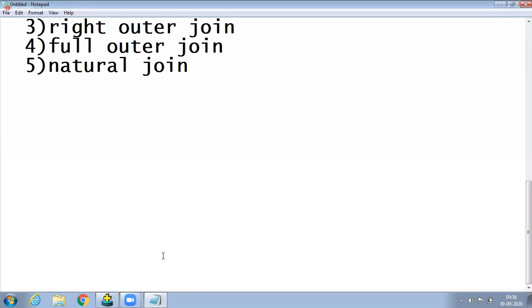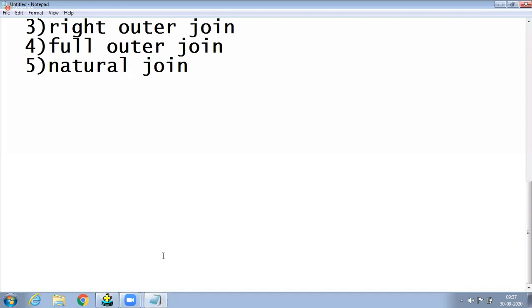Write it. In Oracle, we can also retrieve data from multiple tables without using a joining condition.